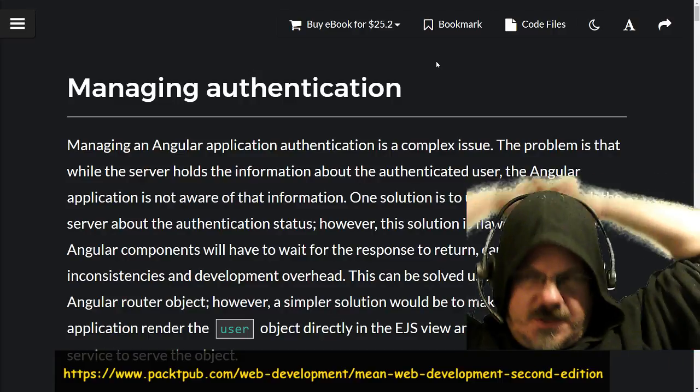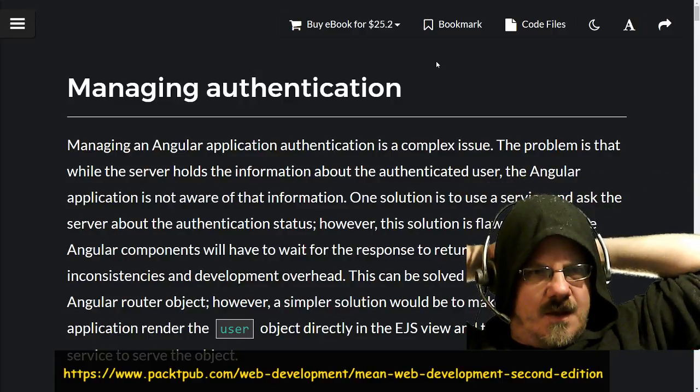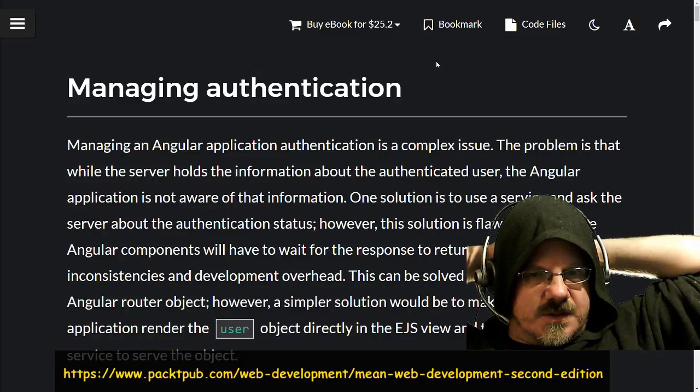Managing authentication. Managing an Angular application authentication is a complex issue. The problem is that while the server holds the information about the authenticated user, the Angular application is not aware